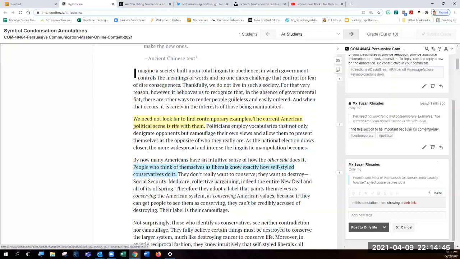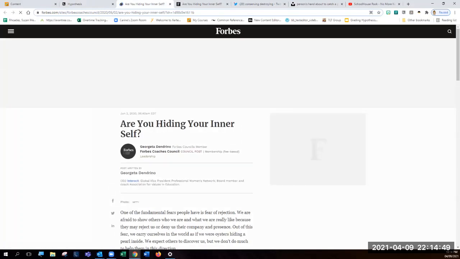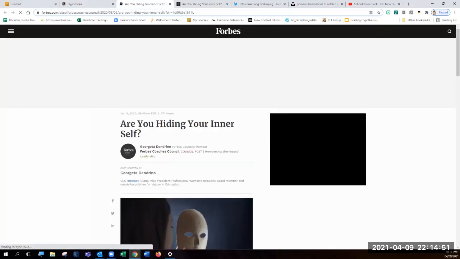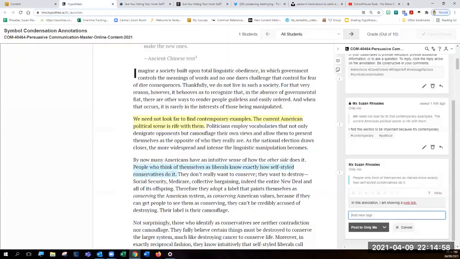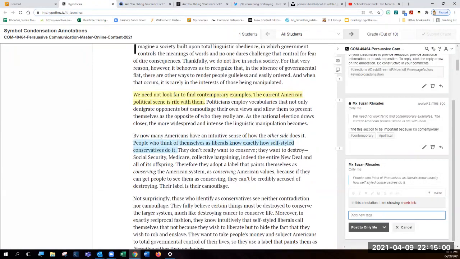And if you really want to make sure that you did it right, you can actually click on that link and it'll pop up the website. So you can always check your work before you post it. And then again, if you want to, you can do your tag,